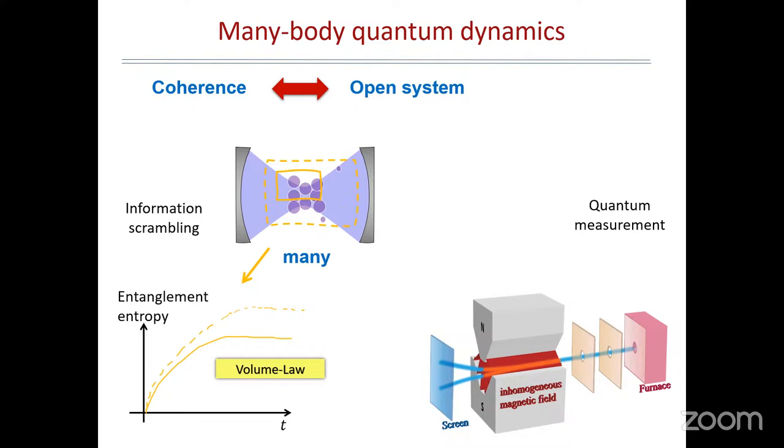What we are talking about is the fact that we take a system with some isolated initial state where information is inputted at a spatially fixed point, and we let the system evolve. Information will scramble, and the way we quantify that is by looking at a portion of the system and looking at the entanglement entropy of this subsystem. And this will evolve in time, as you can see.